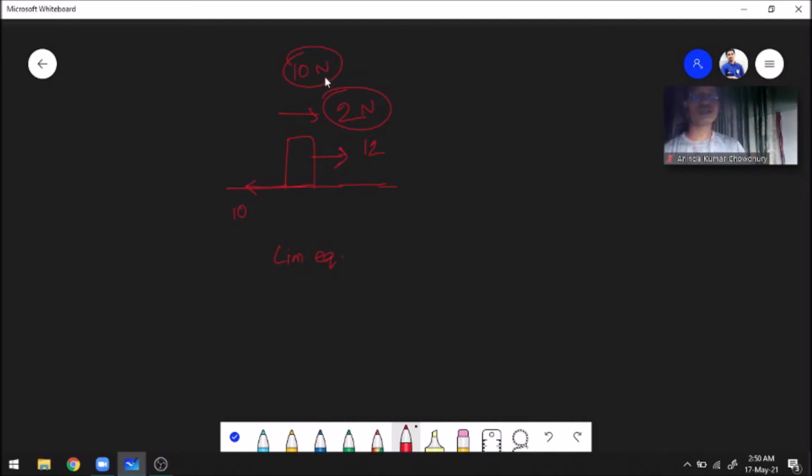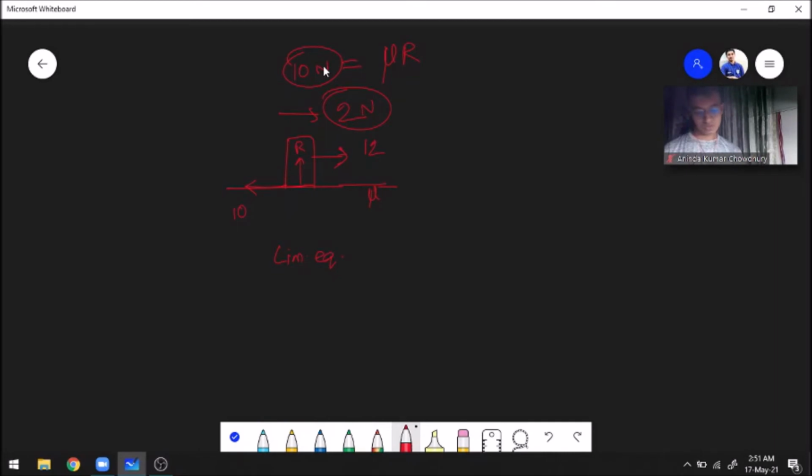There is a formula for finding this maximum friction. The formula is mu R, where R is the normal reaction between the box and the surface, and mu is a property of the surface called the coefficient of friction. This is why the heavier the object, the more difficult it is to move: the greater the value of R, the greater the maximum friction, so the more you have to push to cross that maximum friction barrier.